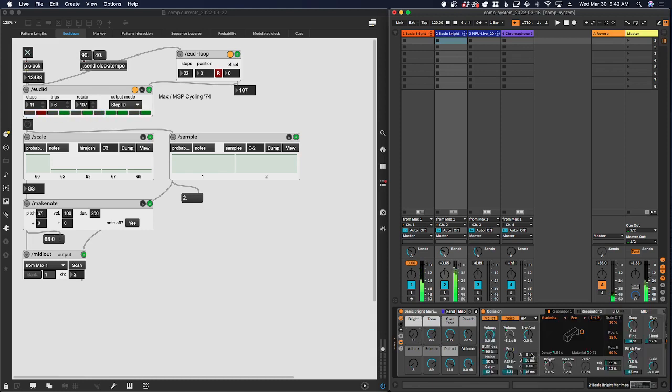It's very high. Let me see if I can fix that. So if I set it like this now, we're really getting mostly that first sound and less the second one. But if I flip them,